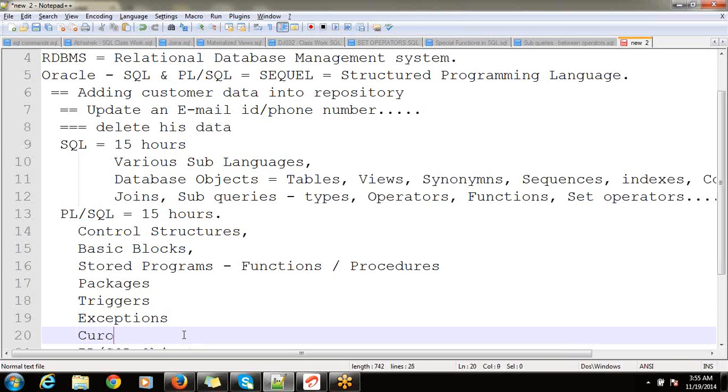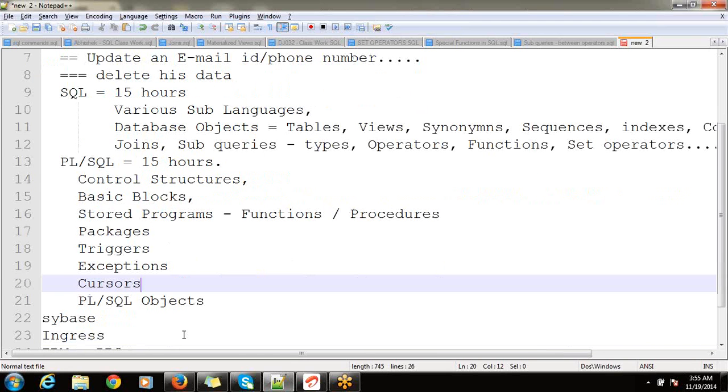Exceptions, and before that cursors. So these things you are going to learn under PLSQL part.